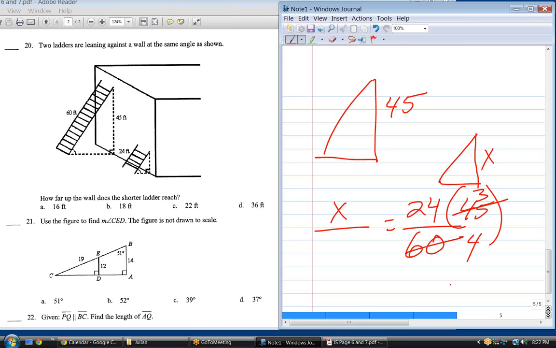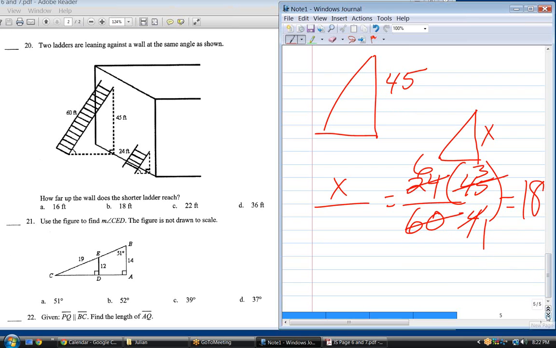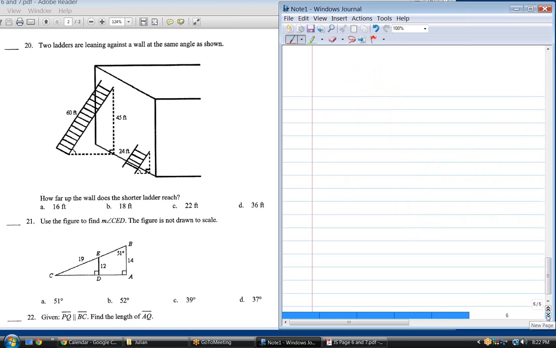Now I've reduced the size of the numbers considerably. I also know that 4 is divisible by 4 and 24 is divisible by 4 six times. Now I don't have to have a calculator. So when you can simplify, it's really advantageous. In a calculator world, that's a skill that is not needed a lot of times, but